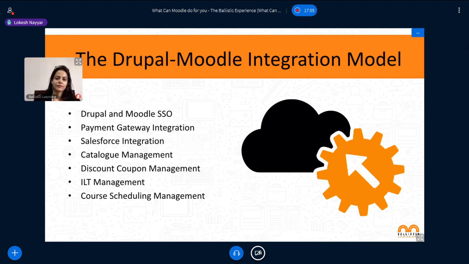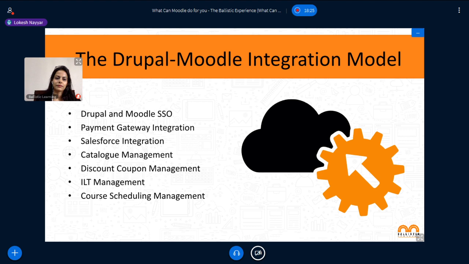Features of Moodle: we use the Moodle course engine framework to deliver courses, content, and assessments using forums, activities, SCORM packages, and lessons. In-house BL work to add value. We used Drupal as a front end and created individual plugins such as a reporting engine, discount coupon management, and catalog management, to name a few. All of these were integrated with both Drupal and Moodle to ensure seamless transition from one platform to another. Other than Drupal and Moodle integration, it also had Salesforce integration.